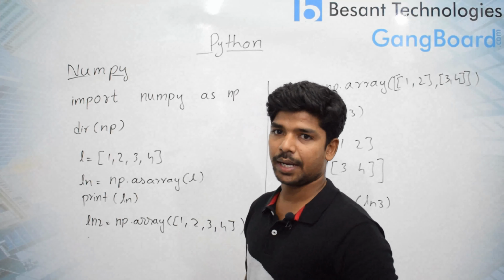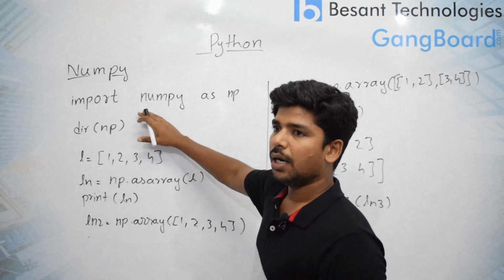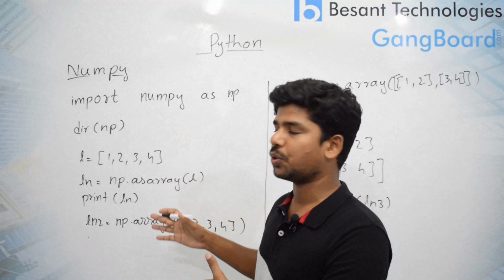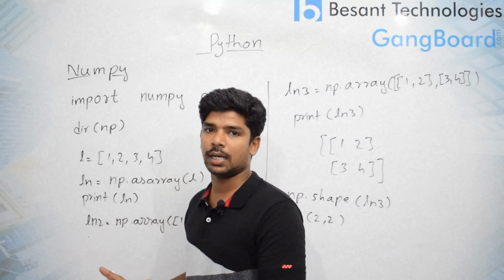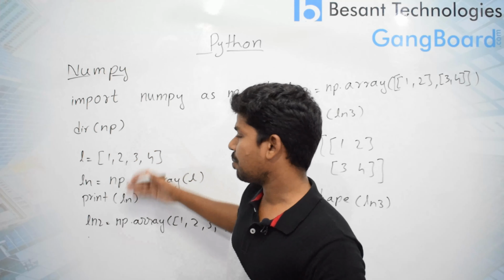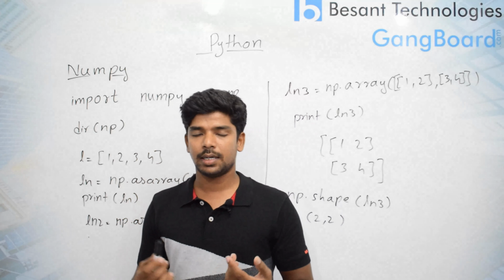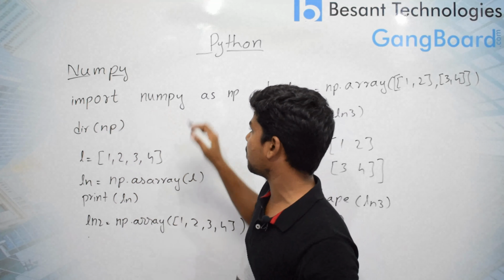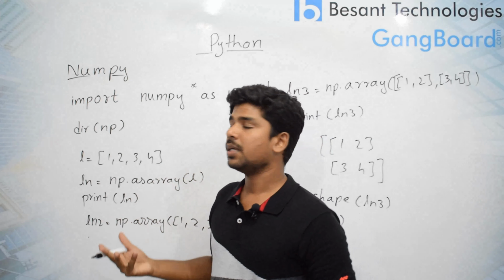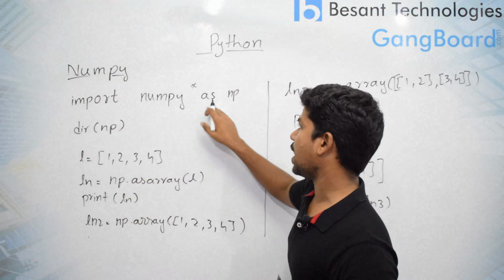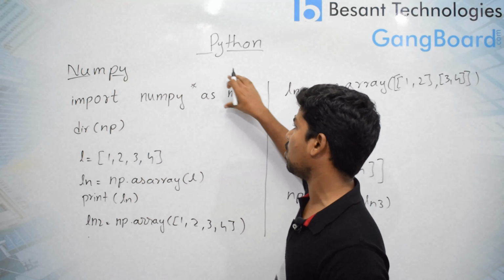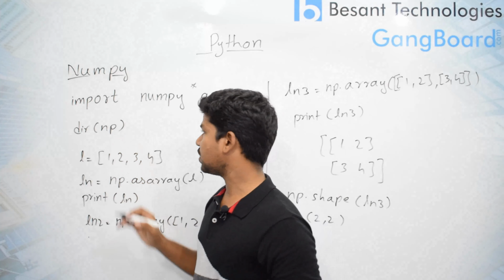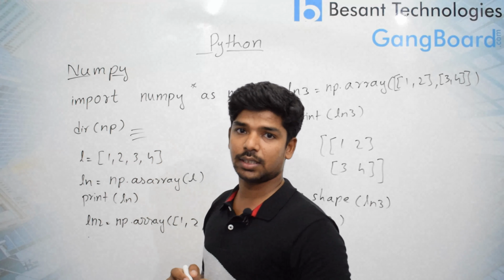So here we have NumPy. In order to do the operations in NumPy, there are so many mathematical operations, but in order to show an example of how to use NumPy, we are going to see some basic examples. So how to import a NumPy module or package: import numpy. Import numpy with a star mark will import all things, but you can rename it by using as. So import numpy as np. All the modules of np can now be called with np. So dir of np will give you the list of operations or methods that you can use